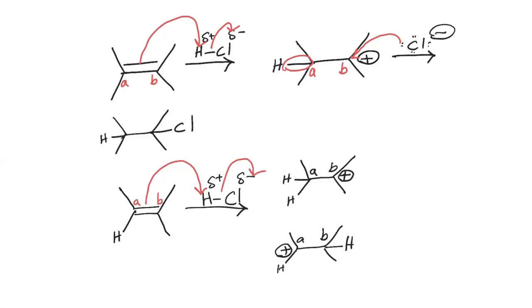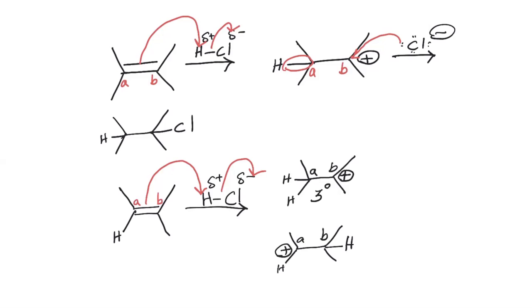So these two carbons are different. A has more hydrogens than B. A has 1 hydrogen, B doesn't have any hydrogen. So if we add hydrogen to carbon A, the sp2 carbon with more hydrogens, we get a tertiary carbocation. If we add hydrogen to carbon B, the sp2 carbon with fewer hydrogens,